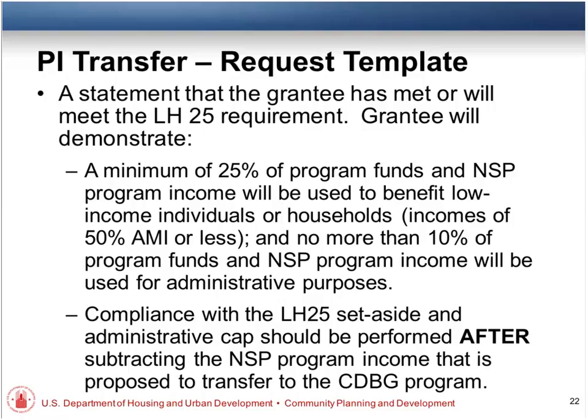If it will, then you can make the request to the field office, and if it won't, or if it's actively in question, you're cutting it really close or something, then you might need to have a chat with your field office about what your options are. But we will not approve a transfer if, when we look at that, you will fail the 25% set aside, and we probably won't if we will fail the admin cap.